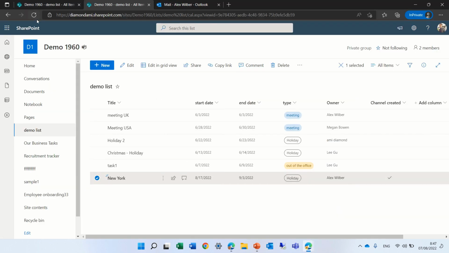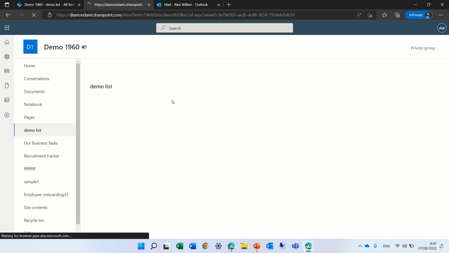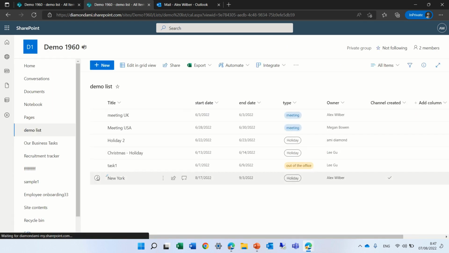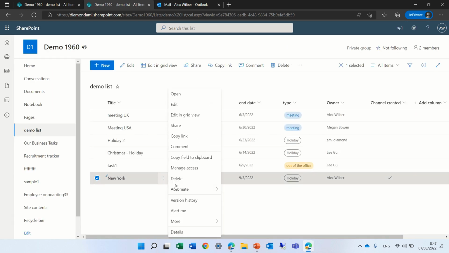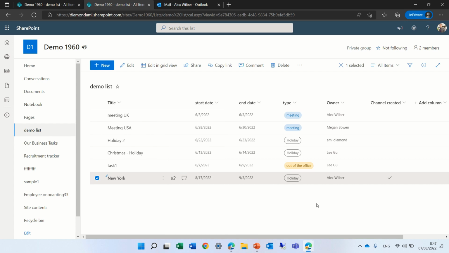So let's just refresh. And if he marks it and clicks the three dots, automated, he now sees this. So it's very important to define who can run it, and it's also good to control who doesn't. So this is my first experiment in Power Automate in this aspect. I'm happy I succeeded, and I hope you